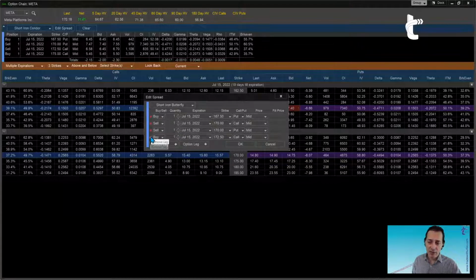a red X on the left, which if I put my mouse on top, clearly shows us remove leg. So let's say you were looking at this short iron butterfly, and next thing you know, you're like, you know what? This is very non-directional. I do have a bias here, and apart from moving my strikes, I would like this to be a bit more of a riskier approach, in the sense that I want this to be 3 legs instead of 4 legs, and you want to get rid of a protective leg. Okay, I'm not saying that's necessarily a good idea, probably not actually, but let's say that's your choice. So you click on the red X, and that leg goes away.